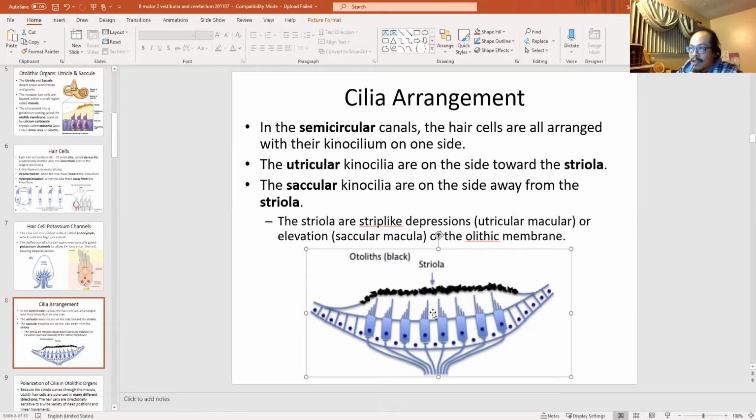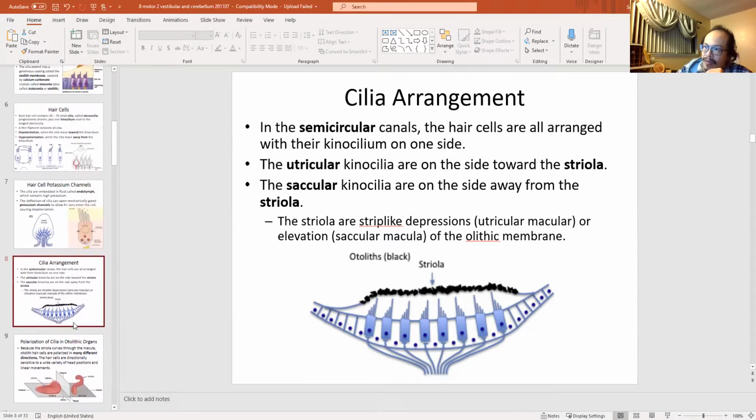So for the otolithic organ, this polarization depends on a central line. This central line is called the striola. For each of these otolithic organs, if you look at it from the top, you can see a striola going through